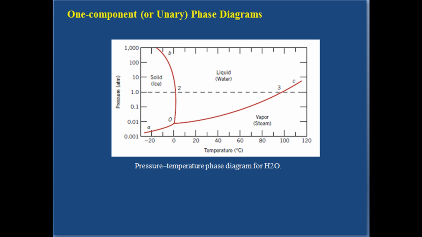Similarly, at the intersection of the dashed line with the liquid-vapor phase boundary, point 3 shown in the figure, at 100°C, the liquid transforms into the vapor phase or vaporizes upon heating. Condensation occurs for cooling. Finally, solid ice sublimes or vaporizes upon crossing the curve labeled AO. As may also be noted from the figure that